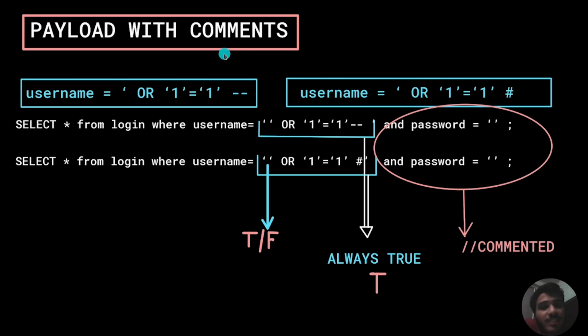Now commenting is very necessary when the SQL query is too long and you don't need so many parameters. You can comment out an SQL query using two different methods, by using double dashes or using a hash. Make sure that when you're using double dashes, you give a space after the double dash, because if you don't give a space after the double dash, you can get an SQL error saying that it results in invalid SQL syntax. So whenever you are using double dashes, be careful and use a space after it.